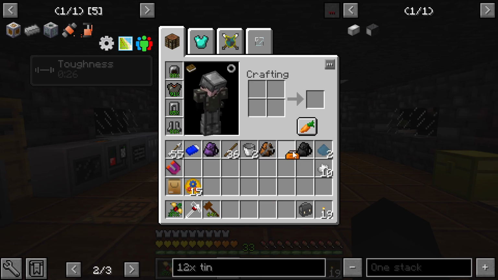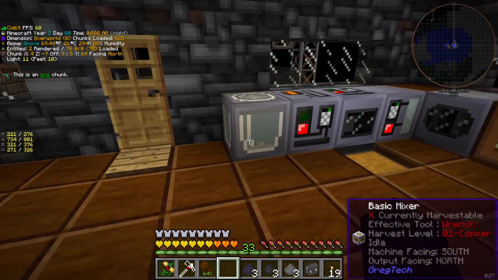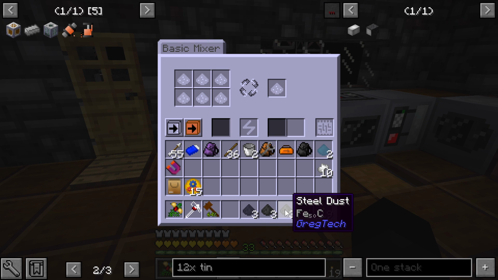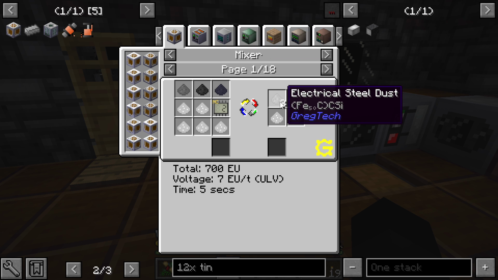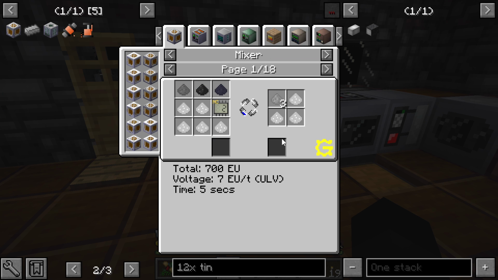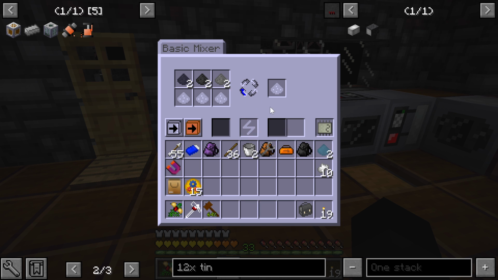Now the reason I wanted the basic mixer is I wanted to run these 3 dusts through it. And if we look at steel dust and have a look at the mixer, you'll see that on program setting 2 it creates electrical steel dust. So 2, 1, 2, 3, and that will put us one step in the right direction to the EnderIO